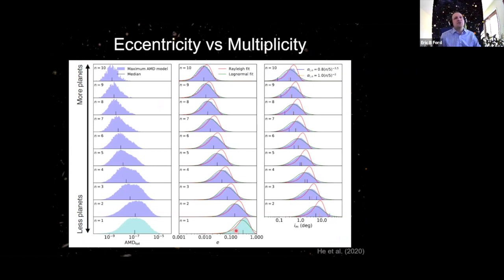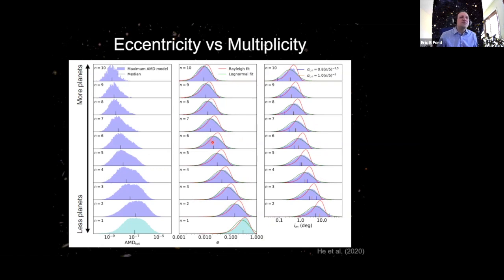And so it's useful to first look at the intrinsic number of planets. Here I've shown panels going from 1 planet per star at the bottom to 10 planets per star at the top, and looking at what the correlative model predicts for the eccentricities in the middle column, the inclinations on the right. And so you can see we predicted as you get to higher multiplicity, you have lower and lower eccentricities in the system. That's something that radial velocities could detect fairly well.